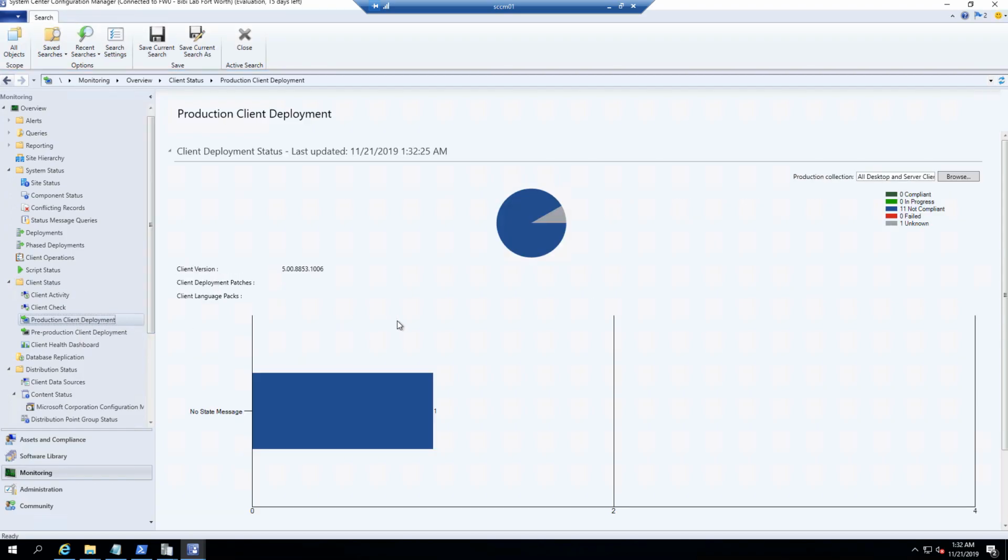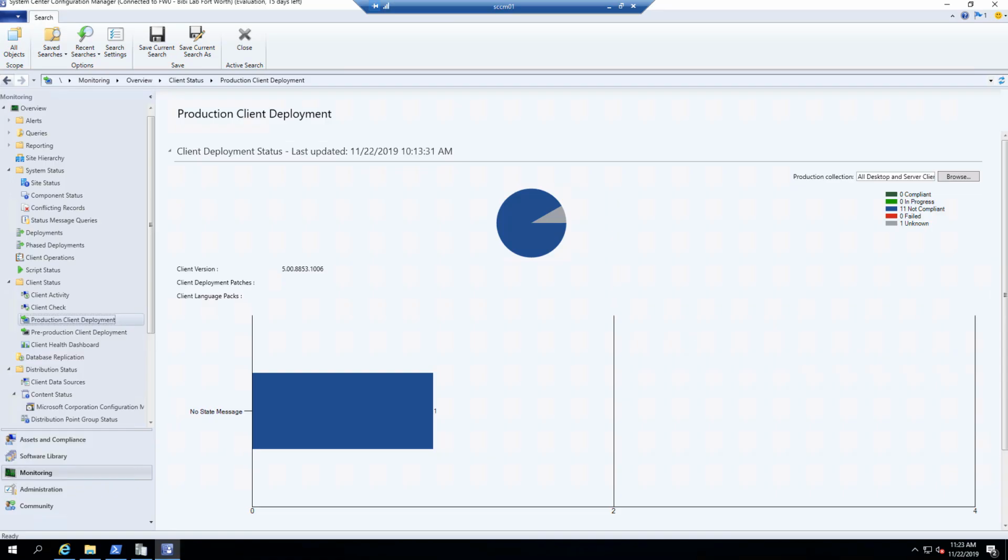As you could see right now, since it's not been deployed yet, that's why it's showing the version. The latest version is this one right here, 5.00.8853.1006, and you could see that none of the machines are compliant, because it's still going to take some time for those machines to check in and see that there is a new package available for them to download